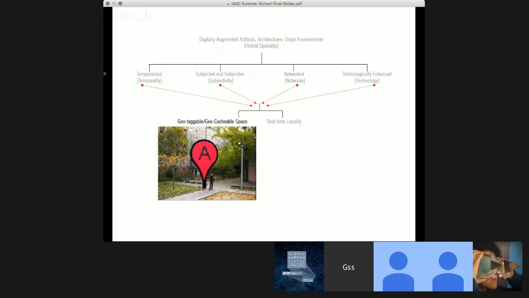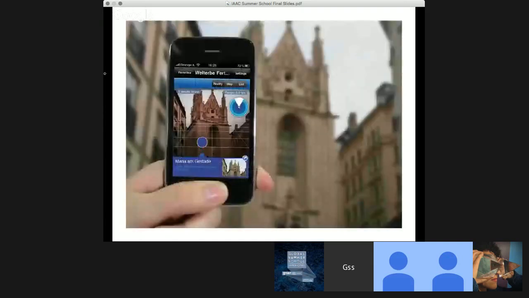Agents geotag and geocache information dynamically based on their real-time locations. This is the case for almost all location-based services, also known as augmented reality platforms, which allow users to access relevant information via their smartphones while on the run and navigating the city.